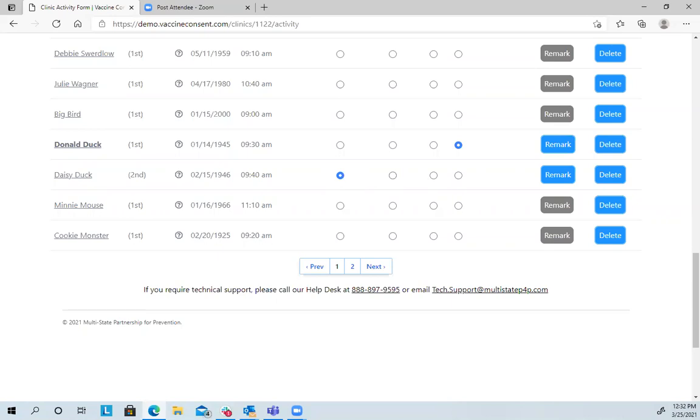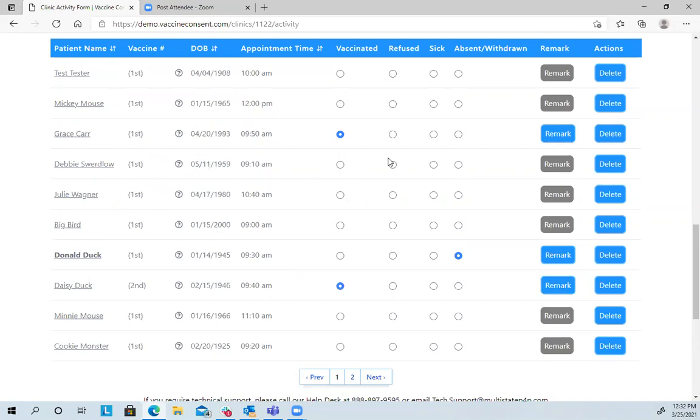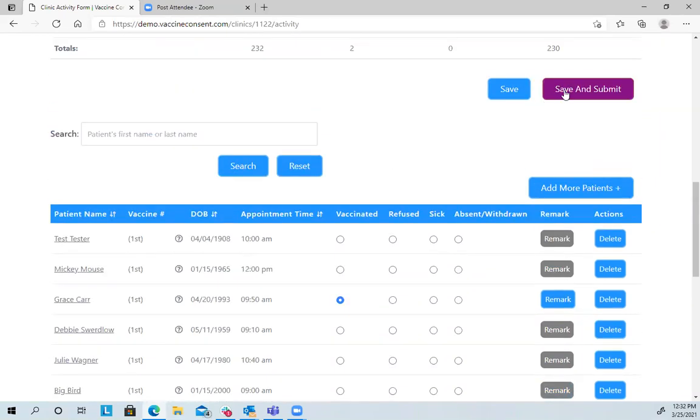All right. Any questions we have? Not at this time. So as a vaccinator, you're going to go through the process all day. What if somebody comes in and tells you that they misspelled their name or their date of birth is wrong? If you are a venue admin or one of our admin users, you can go to record search and change their record. If you're a vaccinator, make sure you write that down and that you get it to the lead person. They will not want to save and submit until that has been changed so that they make sure it goes over to the IIS correctly.